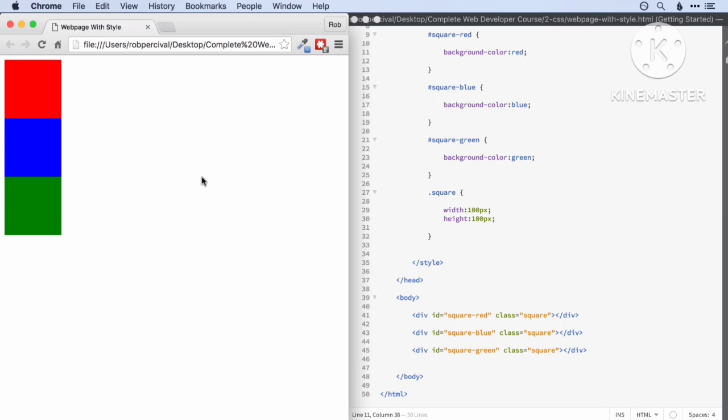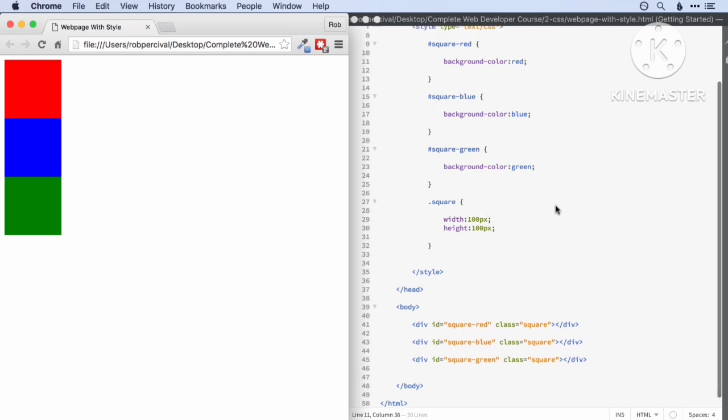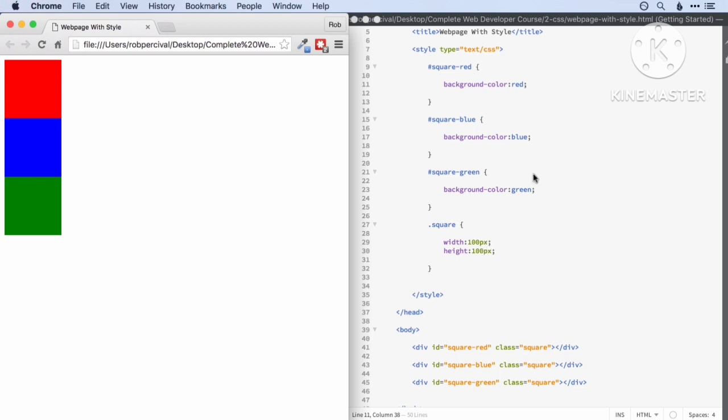All right, so let's have a look. Excellent. It's still exactly the same as it was before, but we now have two big advantages. One is that we have less code than we had before. Well, probably just about. But the bigger one is that I can now update all of these squares with just one